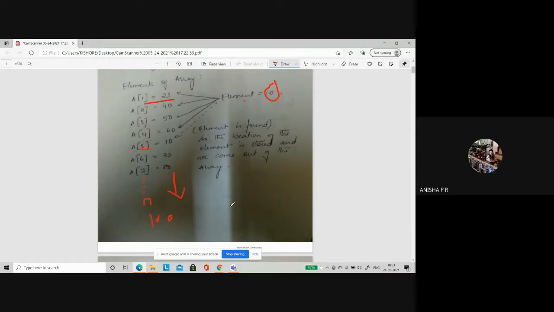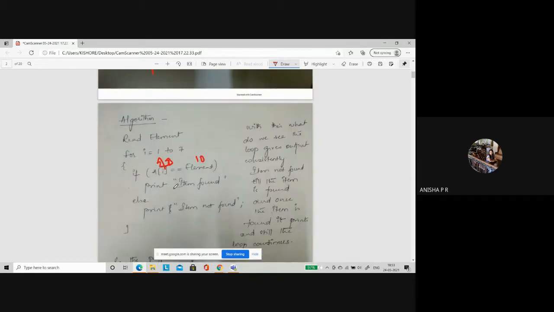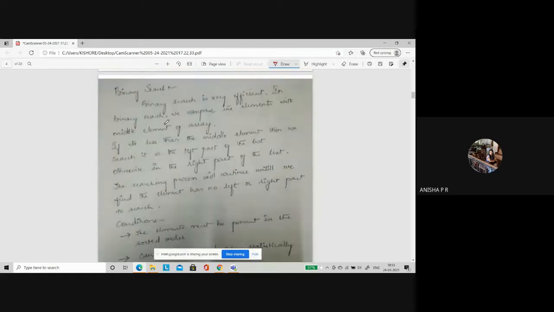Yes. So for 100 elements, all 100 elements are compared and you have to sit and wait. If your element is not at all there in those 100 elements, you did not find your element, that much time you have wasted searching. So the time complexity is very high. That is one big problem with linear search. So in order to improve this, you go to another technique called binary search.